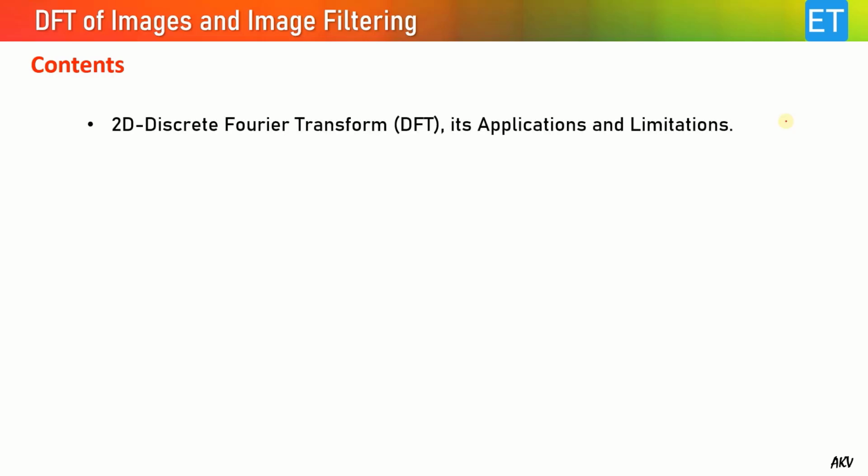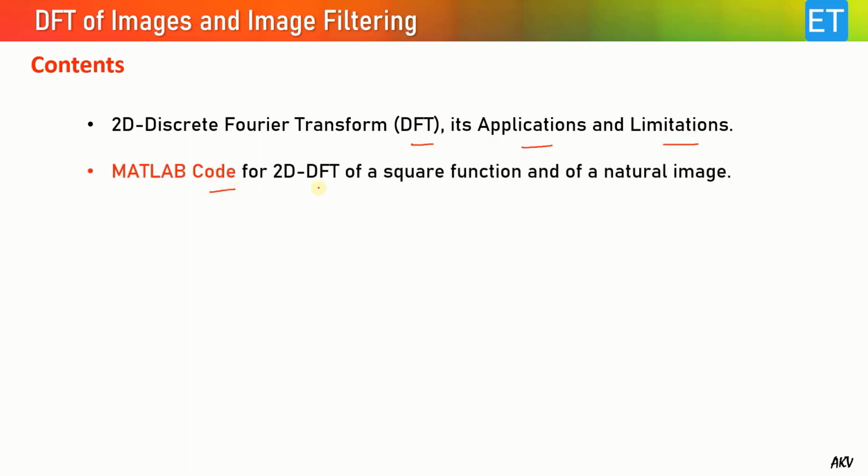Okay, let's see the contents of this video. First, I will explain the two-dimensional discrete Fourier transform, its applications and limitations. Then I will explain the Matlab code for the two-dimensional DFT of a square function, and I will take one example